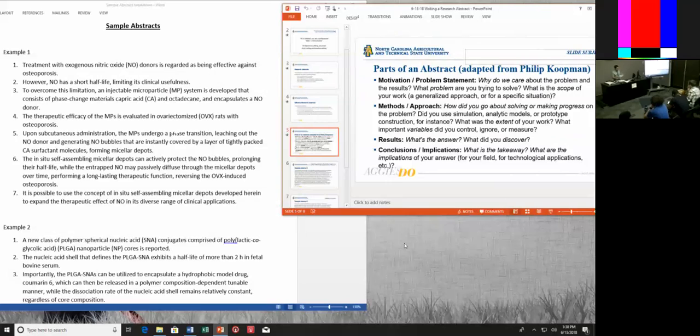And then in this fifth sentence that we're looking at, let's see exactly what they do. So they say, "upon administration, the MPs undergo a phase transition." So I think it relates to their methodology, but I think it's more accurate to say this is part of the results, because it's sort of like they're saying, in light of what we did, this is what actually happened. And of course, if you want to know the details, you'd read the full journal article. But you can see that they're showing you what actually happened based on sentences 3 and 4. So based on the way they set it up, and upon doing this administration, here's what happened. The MPs undergo a phase transition, et cetera.